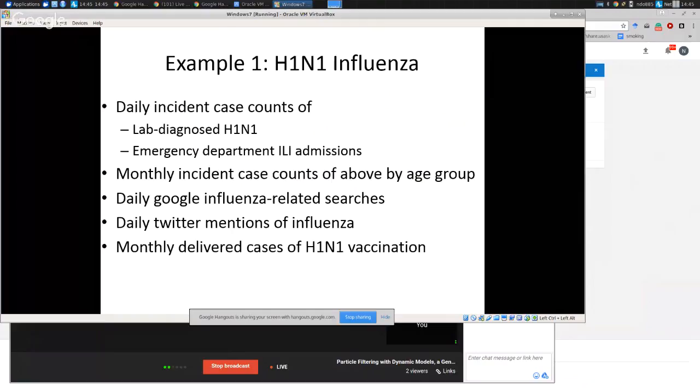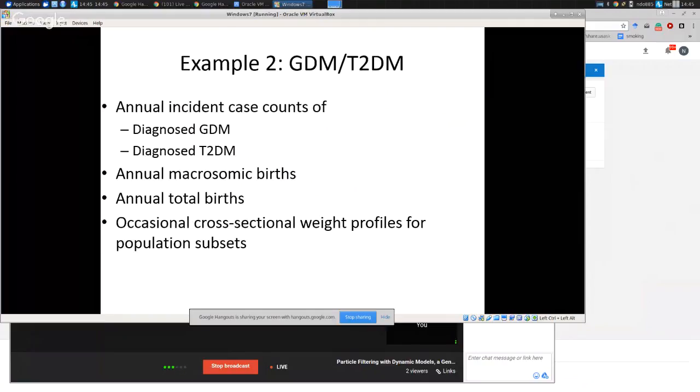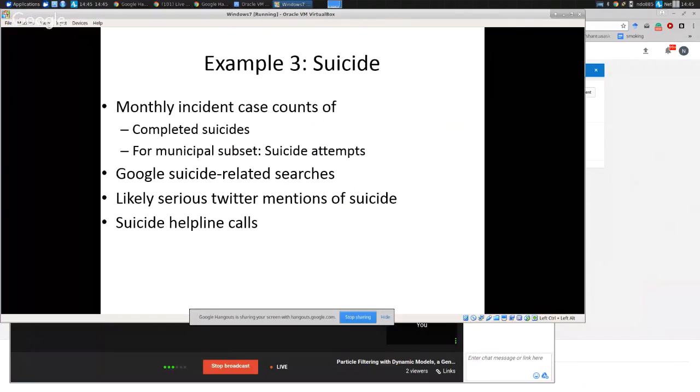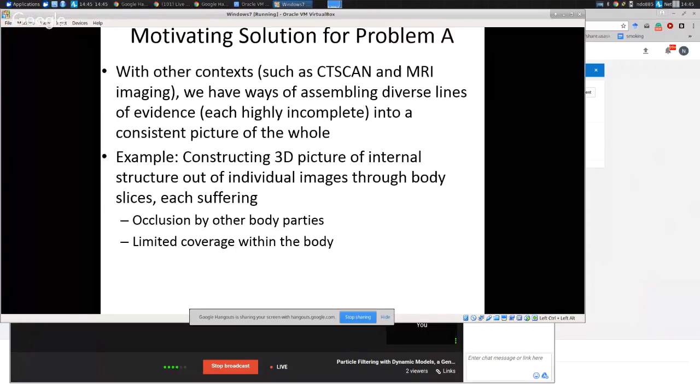There's a lot of chatter on there. Think about Facebook and people's status updates on Facebook. An awful lot of information out there besides neatly classified health system reports that could point us towards some understanding of how many people out there might be sick with influenza. We might also know something about the number of people being vaccinated. Similar for health condition after health condition. We often have small bits of understanding of the system,